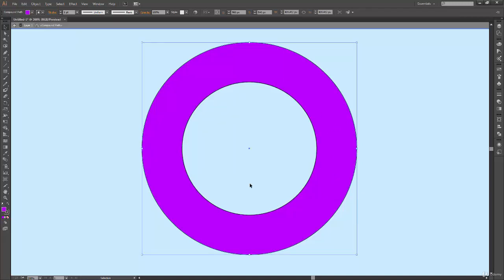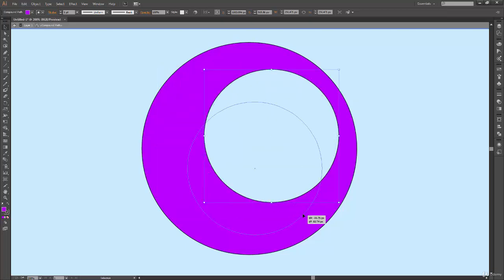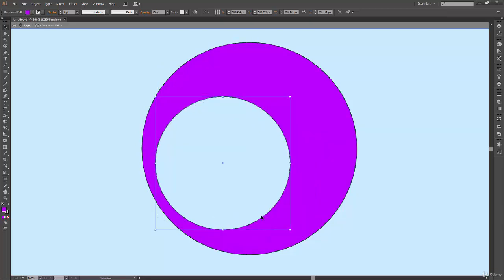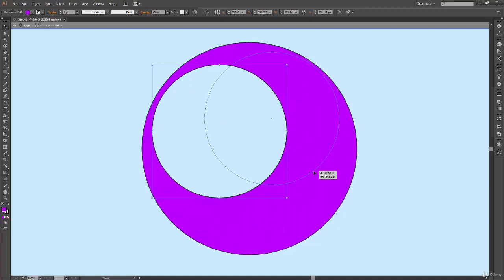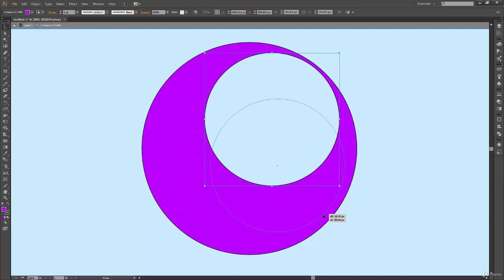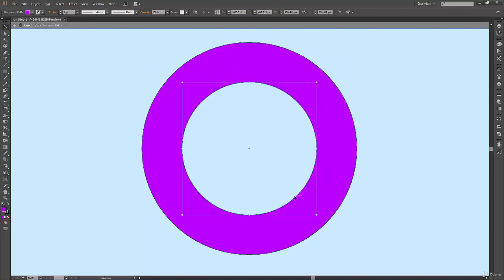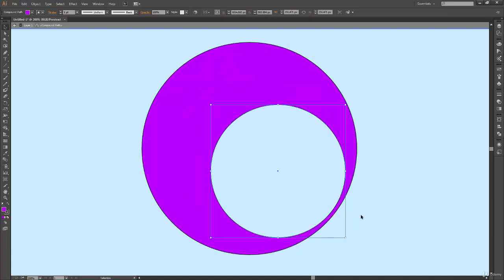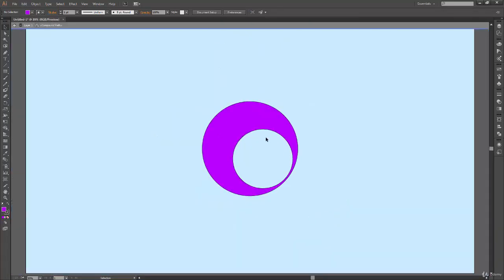Now, why am I telling you to select the shapes? Because if you select the shape, then you can actually move it anywhere you want. And you can see that I am able to create a variety of designs using this alone. So I can have concentric circles, and I can even create two circles like this, and when I apply compound path on them, I will get some kind of shape like this.